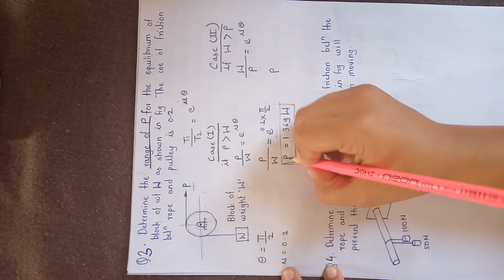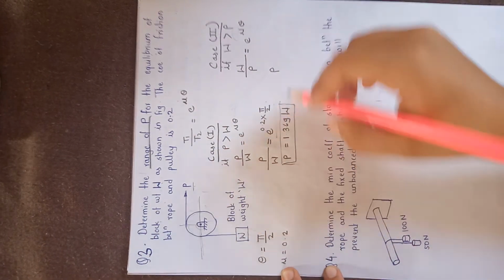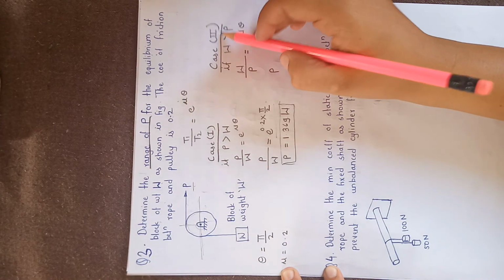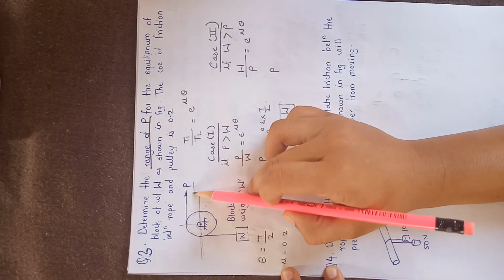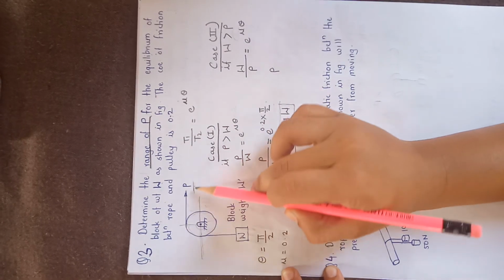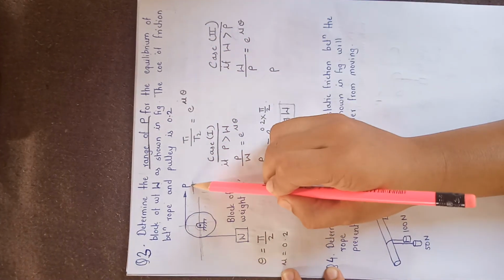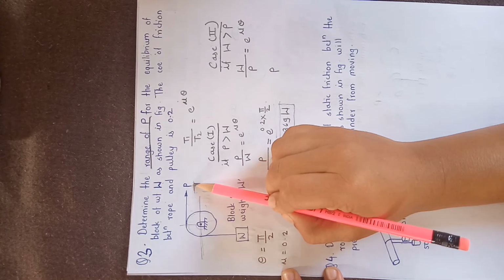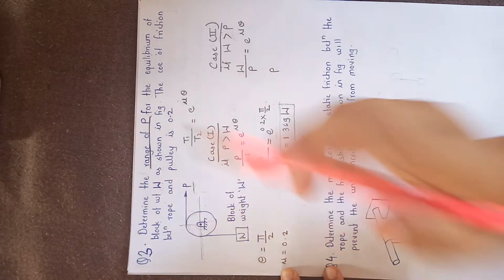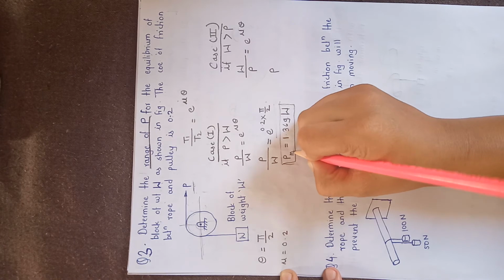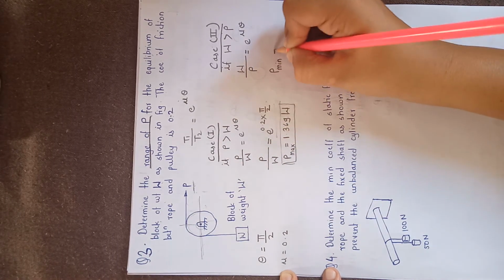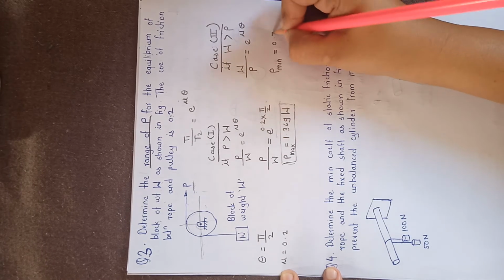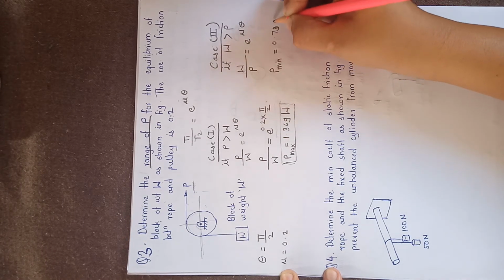In case 2, W is greater than P, so the value we get by this case will be P minimum, and if this is tight side it will be P maximum. So this is P max and this will be the P minimum, which is equal to 0.73